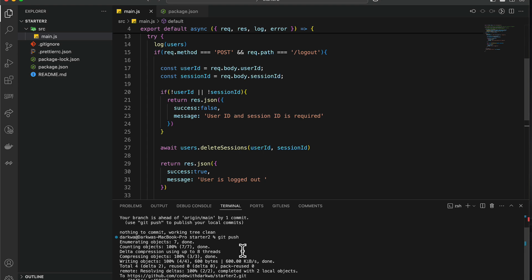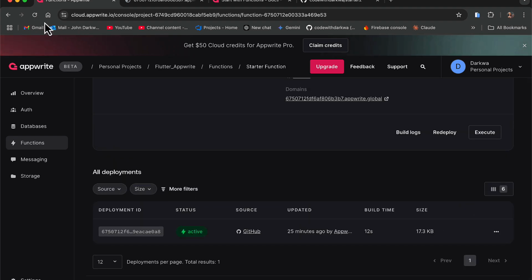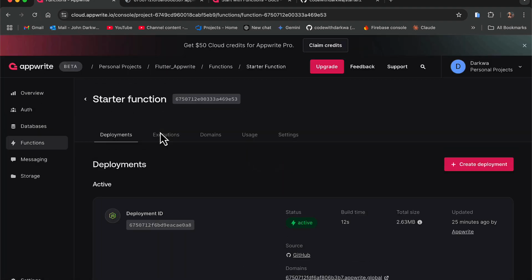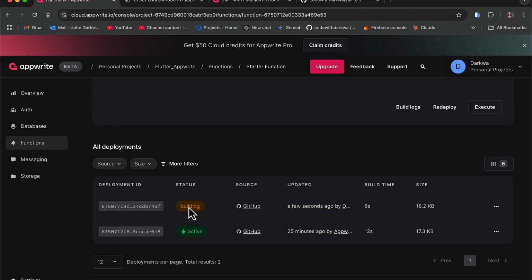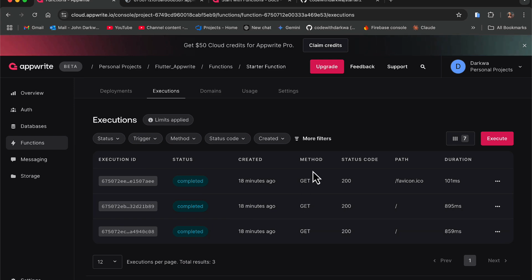So when we visit our console, we should have a new deployment building over here. And here we check and see the status is building, and there we go, it's active, right? So we can check the executions over here. You can see we made 3 executions, and the method in here is going to be